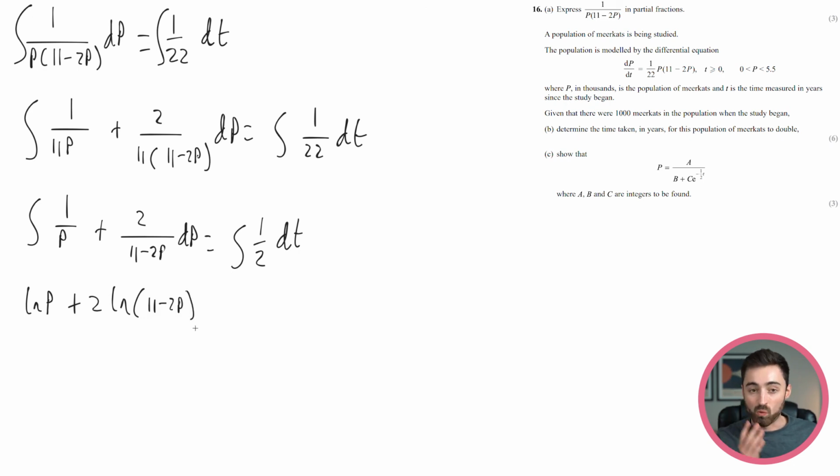But when I do that, I need to divide by the derivative of this transformation. So this transformation in this case is 11 minus 2p. The derivative of that is going to be minus 2, so I need to make sure I divide by that minus 2. If you want to prove this to yourself, differentiate this and you'll get that. And the reason you'll get that is because when you're using the chain rule, we need to multiply by the derivative of this transformation. So when we integrate, we need to just divide by the derivative of the transformation to outdo it. Cool. I'm then going to have a half t,